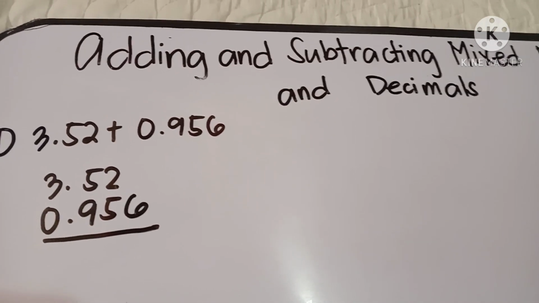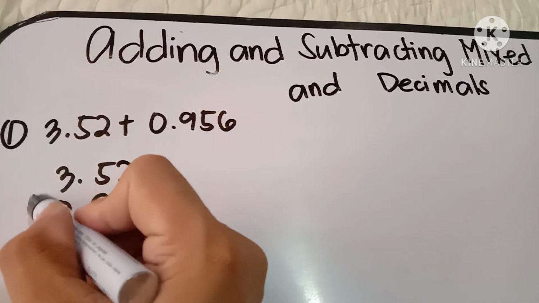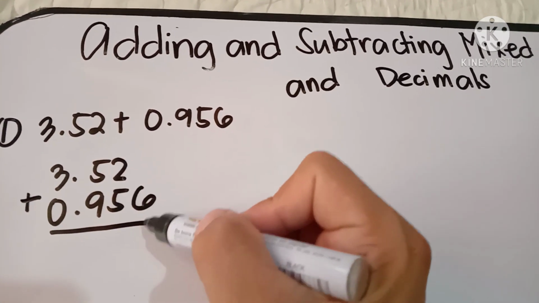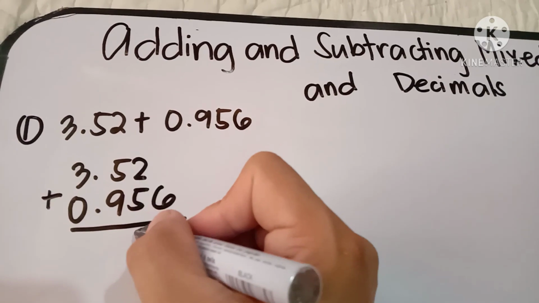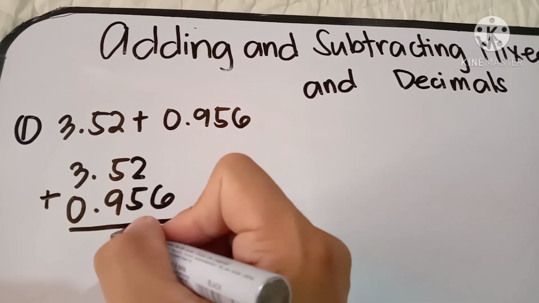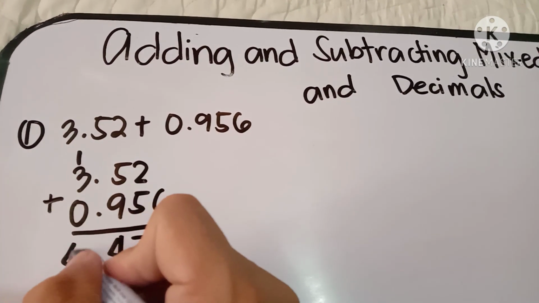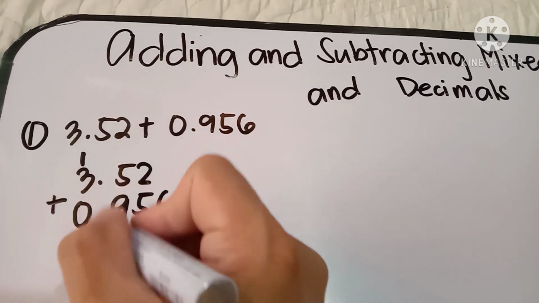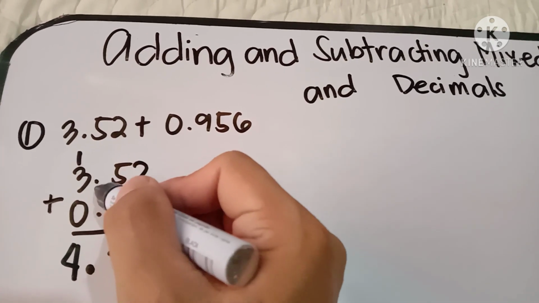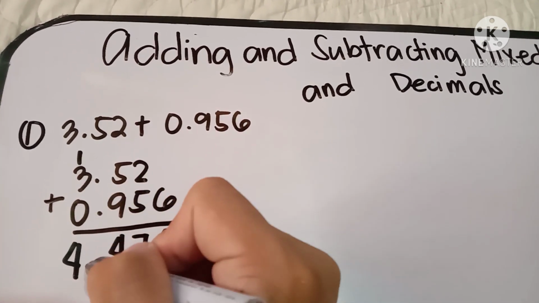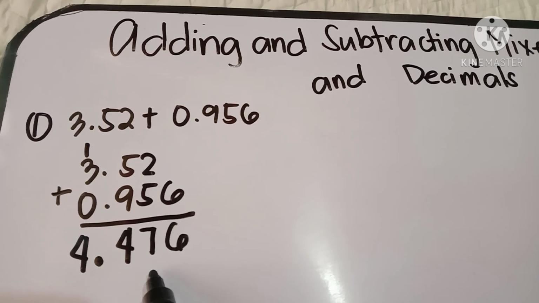Okay, let us start adding from the rightmost digit. Simply bring down 6. 2 plus 5 is equal to 7. 5 plus 9 is equal to 14. Write 4. Regroup 1. 3 plus 1 is equal to 4. Okay, then don't forget to write the decimal point in the sum or total. Dito po dapat naka-column, naka-align, yung decimal point ng addends and then ng sum or total. So the sum or total is 4 and 476